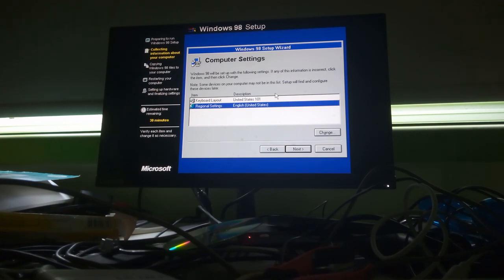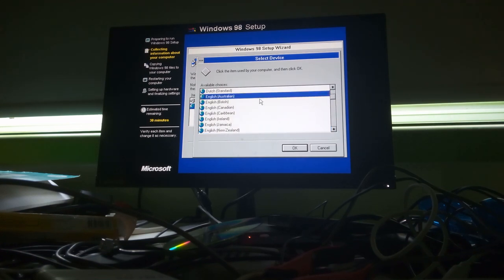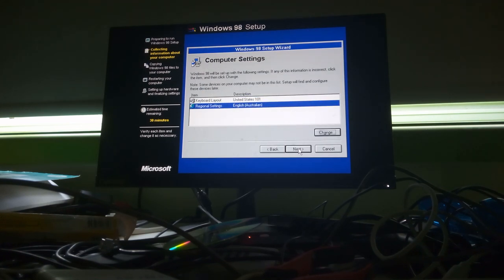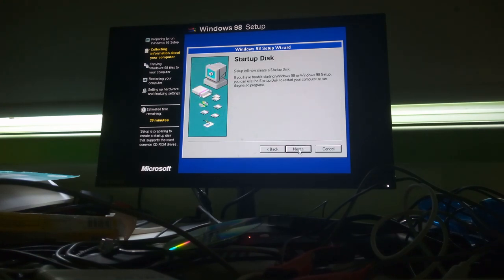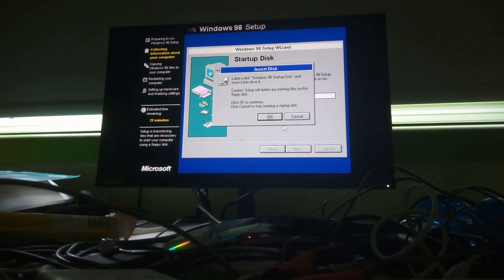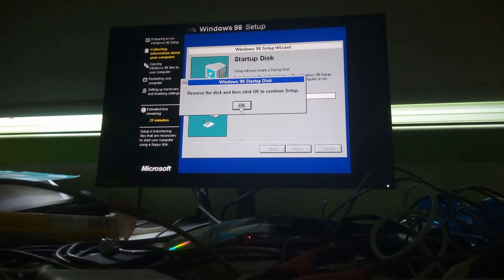Regional settings. Yes, I do have a United States keyboard. I'm not, however, in the United States. I should change it to English Australian. And yes, I am in Australia. I do not want to create a startup disk. And no, I never inserted the disk, but